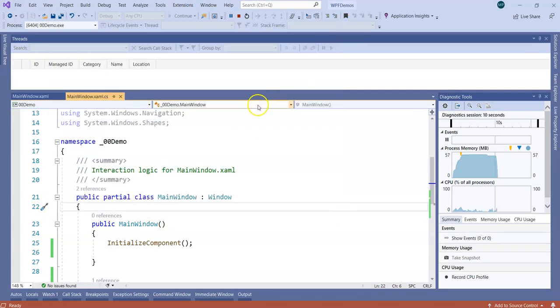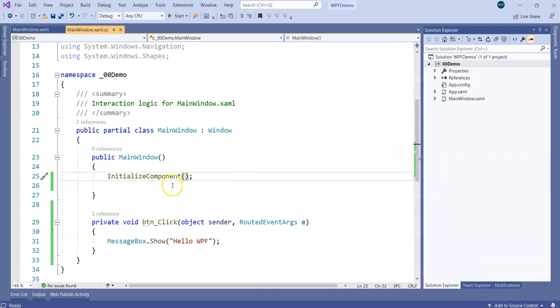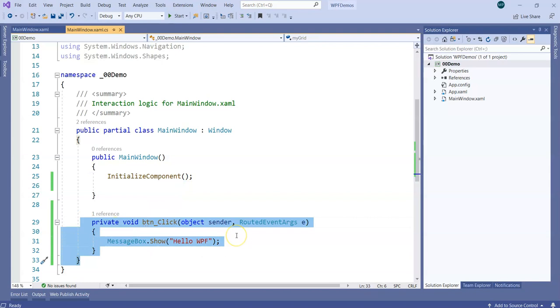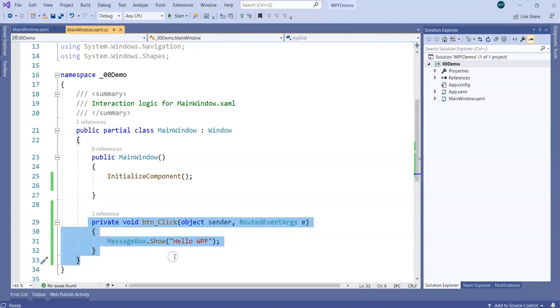So it's very simple to develop a basic application like this. However, this application has no meaning. The reason is that, barring simply saying hello, it doesn't do anything as such. So here is what I'm going to do now. I am going to play with XAML. So I'm going to go to XAML,